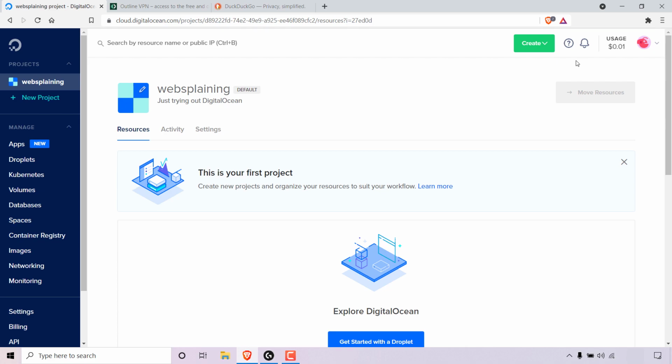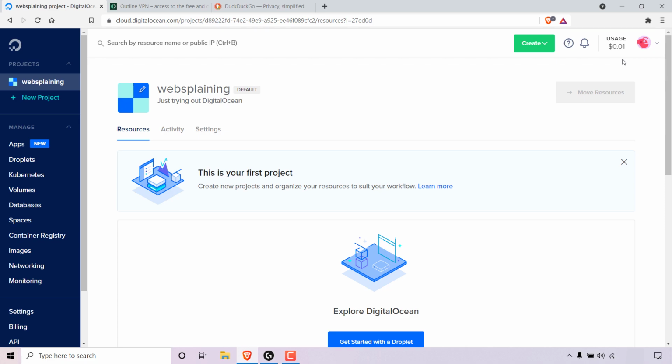At the top right hand corner here, you'll be able to see your DigitalOcean $100 trial credits. I've already used up all my DigitalOcean promotional credit, hence why it says usage here instead of my remaining $100 free trial credits. Great, so once you've created your DigitalOcean account, the next thing you need to do is